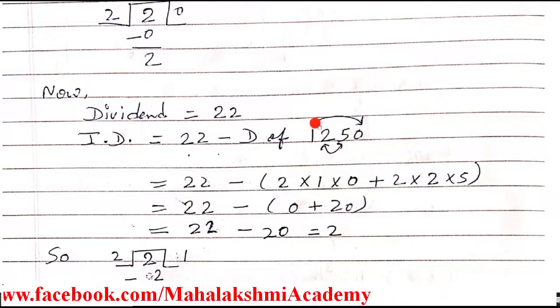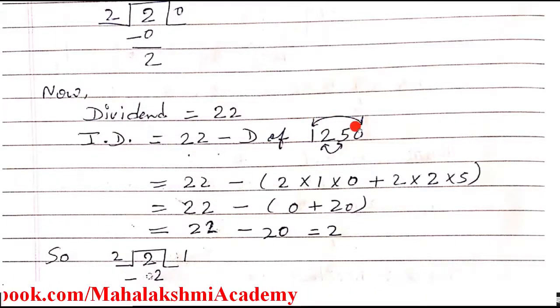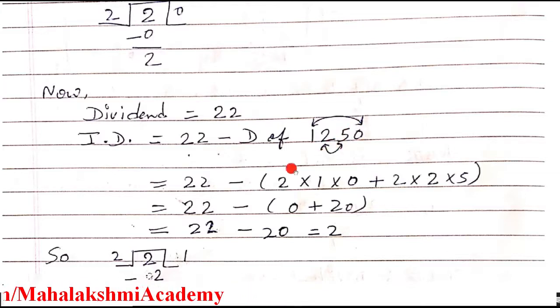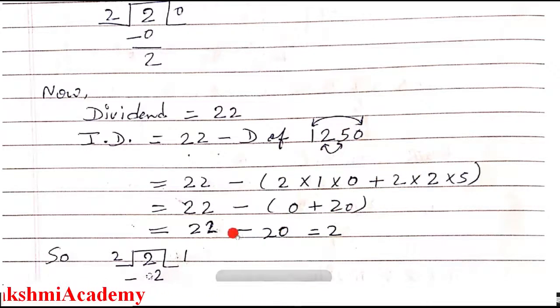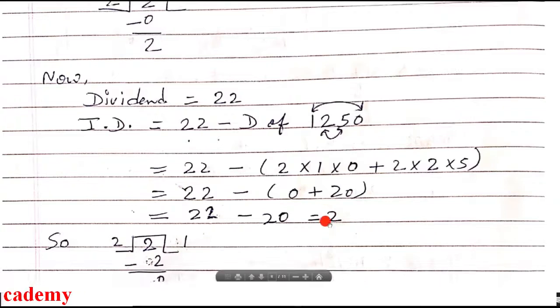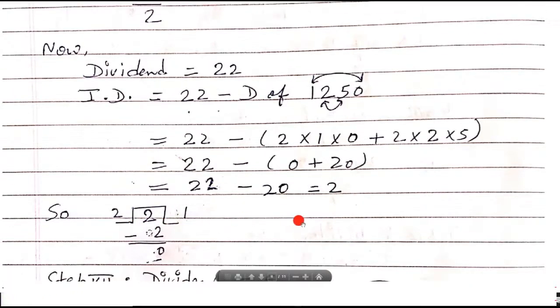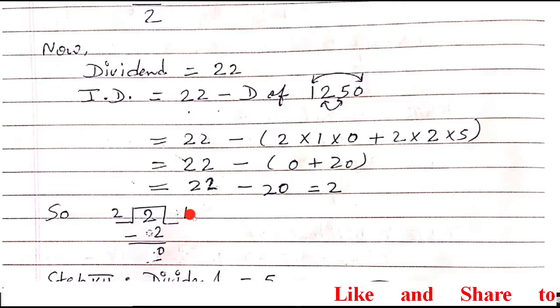So we'll make the pair from the extreme. So 1 and 0 in one pair and 2 and 5 in another pair. Find it like this. So subtract it, we got positive. Since it got positive, we do the division process, otherwise again we have to move back. 2 divided by 2 is 1. So 1 is the quotient, remainder is 0.